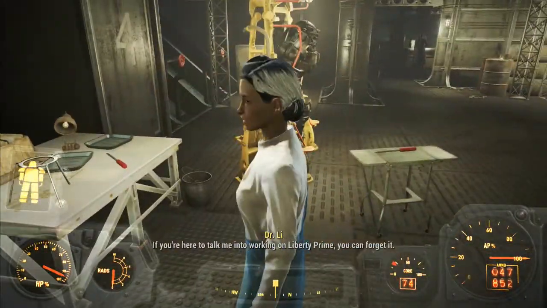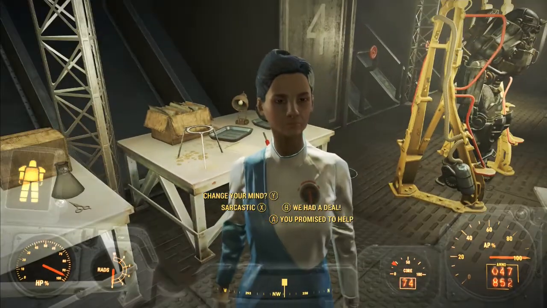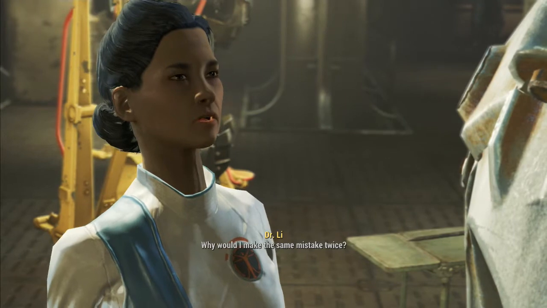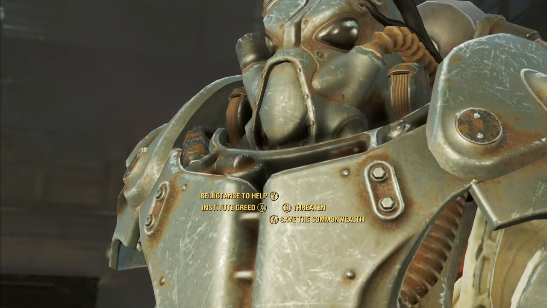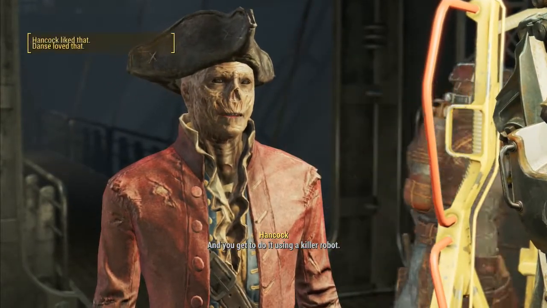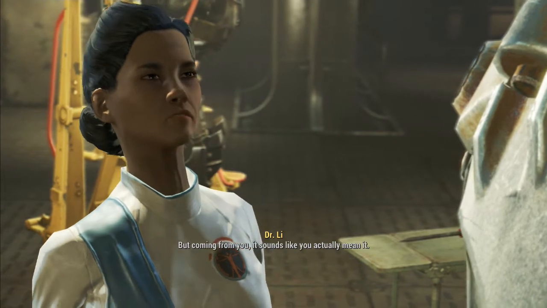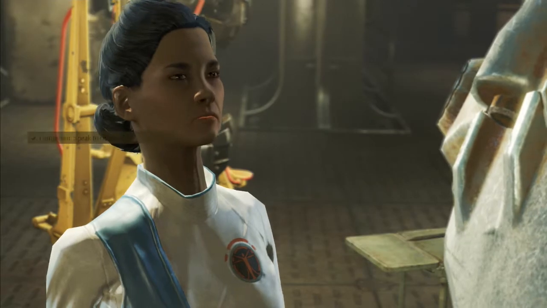Bye bye, Danse. If you're here to talk me into working on Liberty Prime, you can forget it. You promised you'd... You're right, but you neglect... I've been down this road with the... Why would I make the same mistake? Because we care what happens. And you get to do it using a killer robot. You know, if anyone else wearing a Brotherhood of Steel uniform said something like that, I'd laugh in there. But coming from... Tell Proctor Ingram to get her scribes. Right. It's going to take a hell of a lot of work to get...